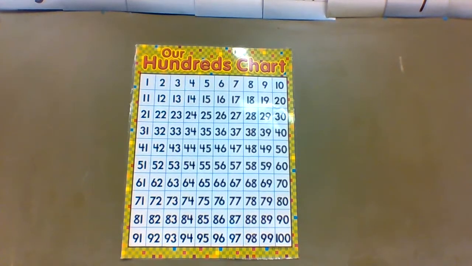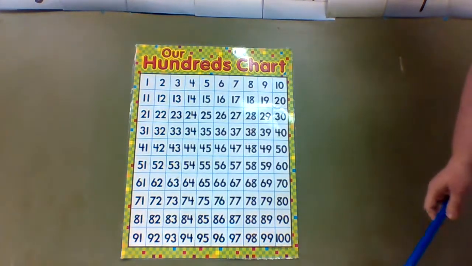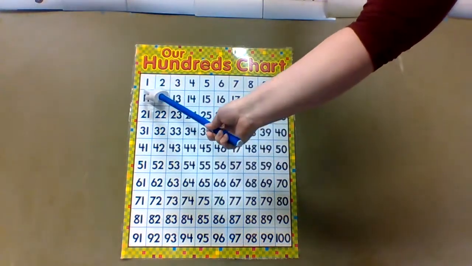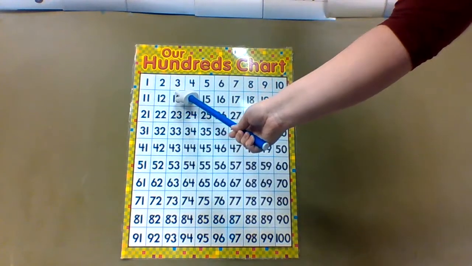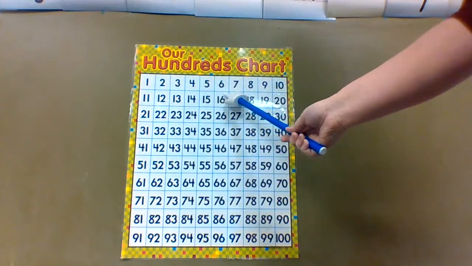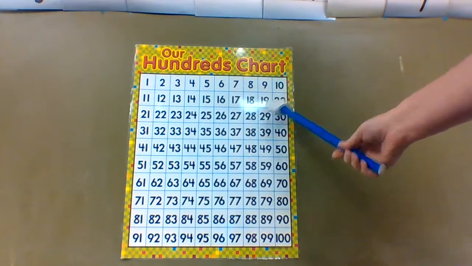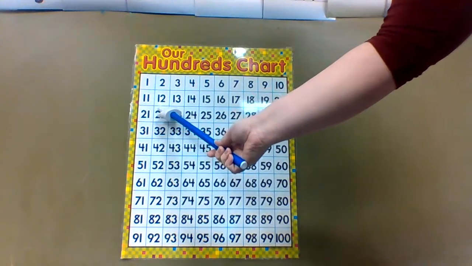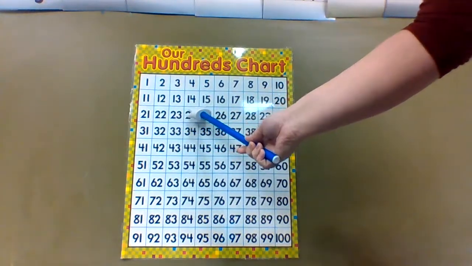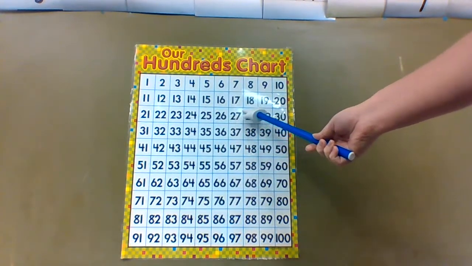All right, let's count to 100. Remember, counting by ones, tens, fives, and twos. So let's begin. 1, 2, 3, 4, 5, 6, 7, 8, 9, 10, 11, 12, 13, 14, 15, 16, 17,